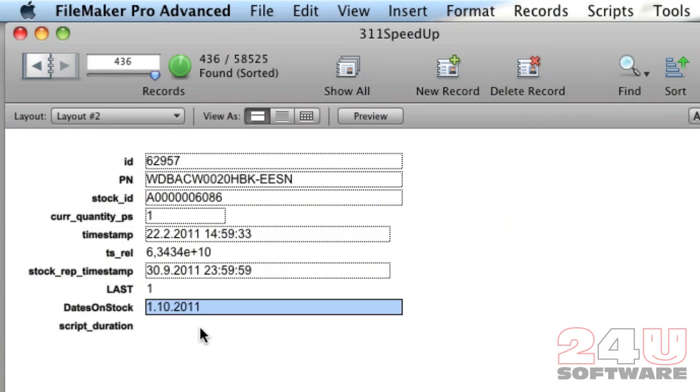Every month on the first day we find the last transaction for each individual good, and store the current date into this field. So let's say that I'm talking about MacBook. I found that this is the last transaction for MacBook before 1st of October. So I store the 1st of October date to this field,